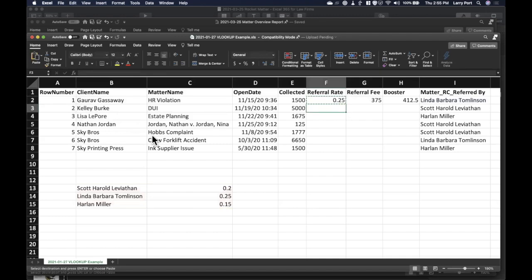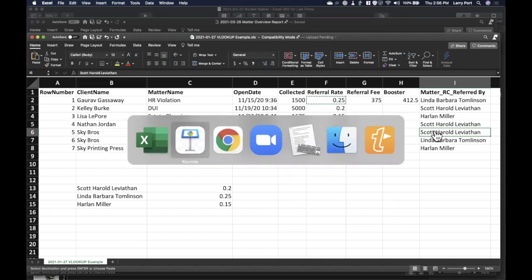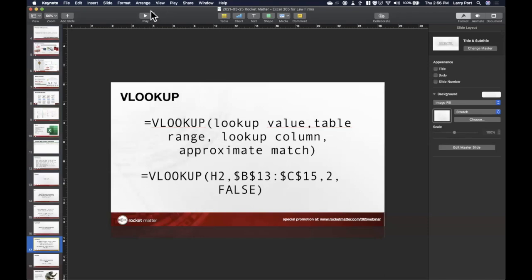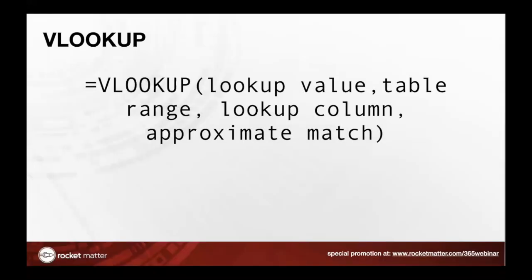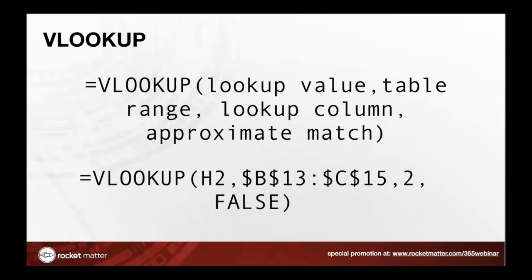So I can copy and paste, and you're going to get different values based on who's over here, right? And that's what VLOOKUP does. I can go into this a little bit further, but if you think about it, that's the scary syntax that I showed you at the beginning of the demonstration. And this last part came very fast, so I don't expect that you necessarily got it. But if you think about it, we looked up the value over on the right, which was Linda. And then we had this table range. So we talked about table ranges, right? So we went B13 through C15. And then the second column, which specified not the name, but the amount of the referral fee.